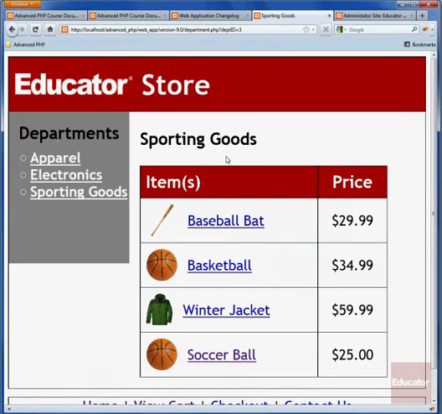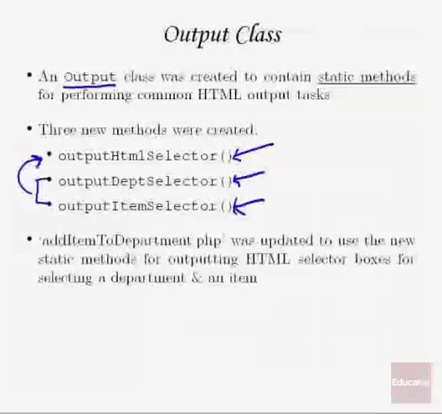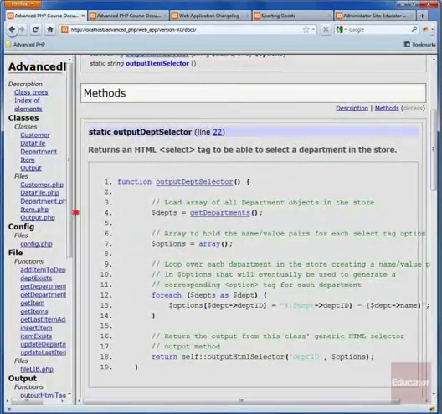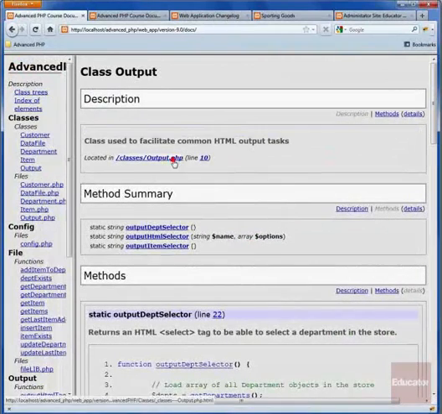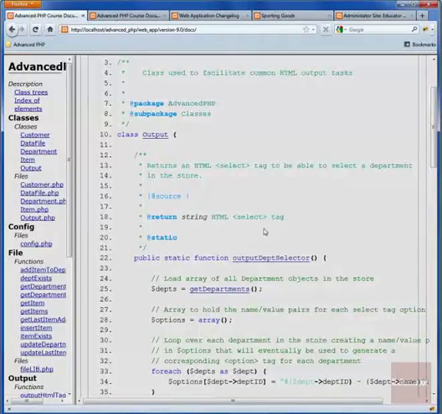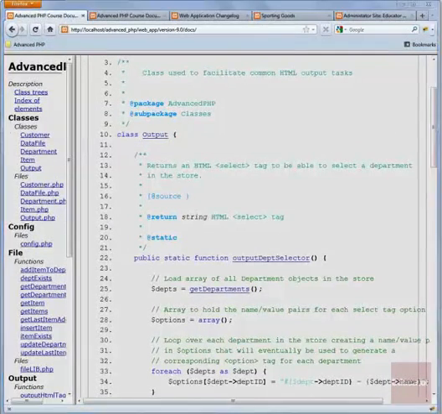So basically we've taken the same functionality, but we've made use of these static functions that we've included in this output class to dynamically generate these select tags. And so basically what this class is, this output class, if we look at the source for it, is simply just a class of public static functions that you call using the, actually I haven't shown you how to do that. If we go look at add item to department,